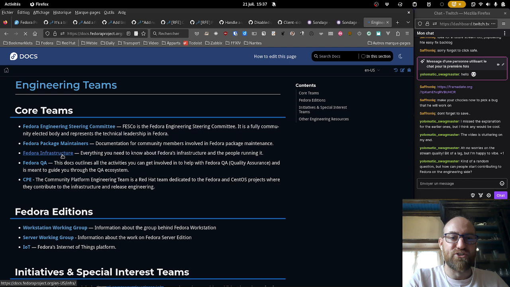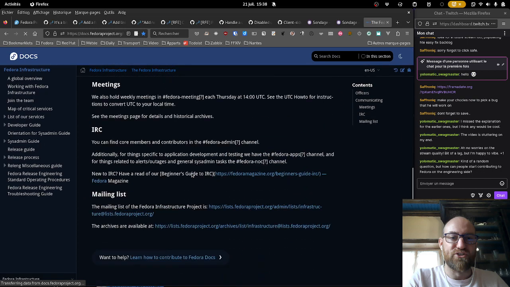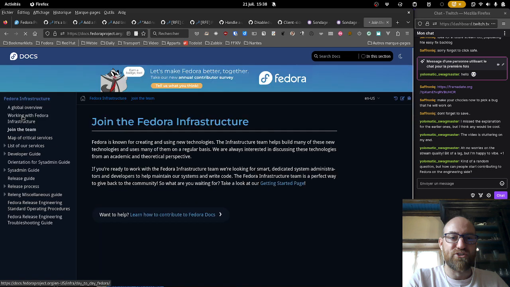We work on the infrastructure, the applications that compose Fedora. And if you want to participate in it, you are very welcome to do so. You can click on this link, and if you want to join the team, there is a section about it. Join the team, or maybe working with the Fedora infrastructure.